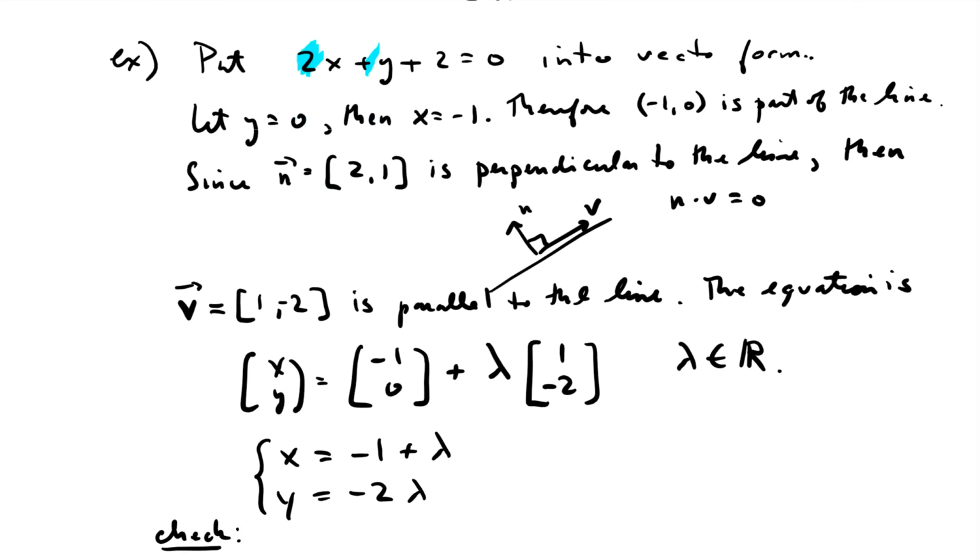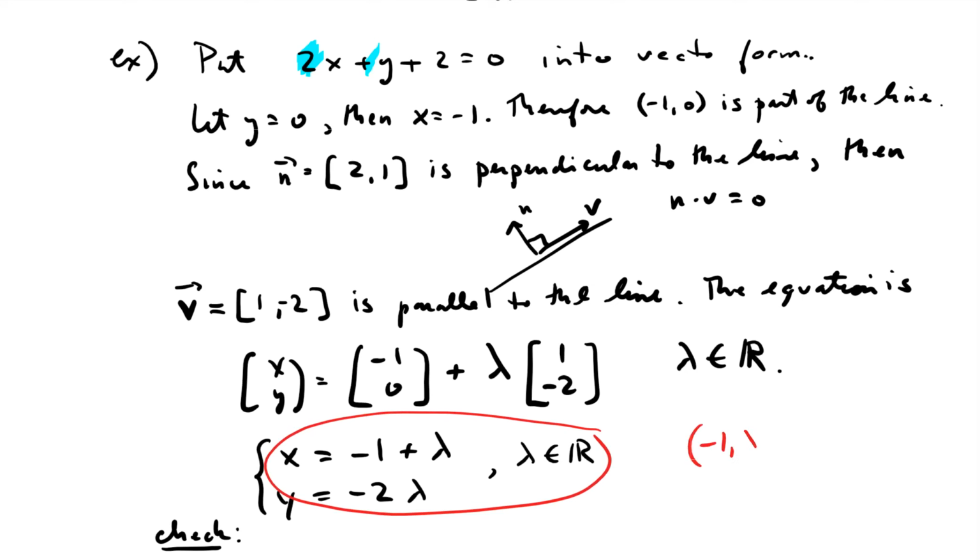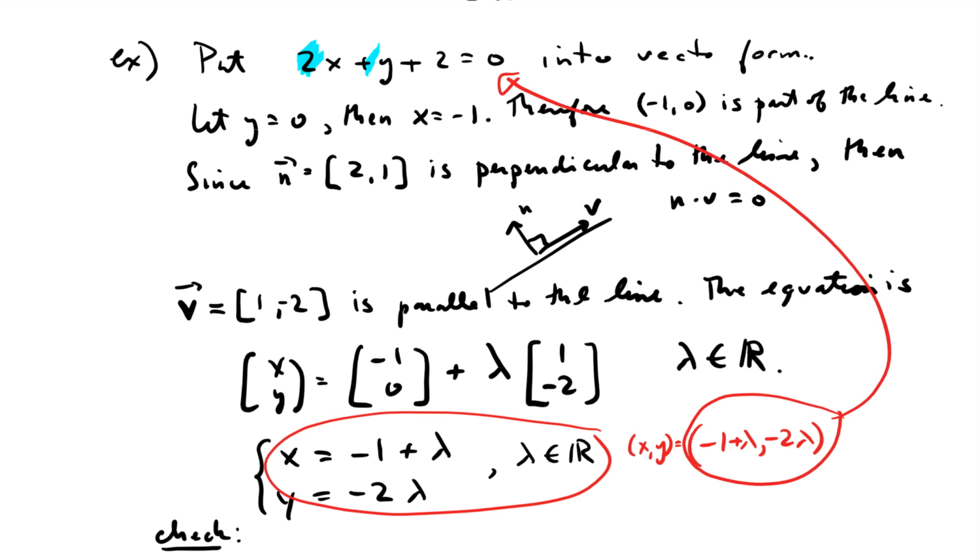And by the way, you can check that this works. How do you check? Well, if (x, y) works for any lambda here, lambda is any real number, it means that if I replace it, I get a point. That's another way to write down my parametric form, my vector form for that line. So that point, no matter what lambda is, is going to be part of my line. So if I replace this into my equation here, it should work. So I could check that it works. Like 2 times x